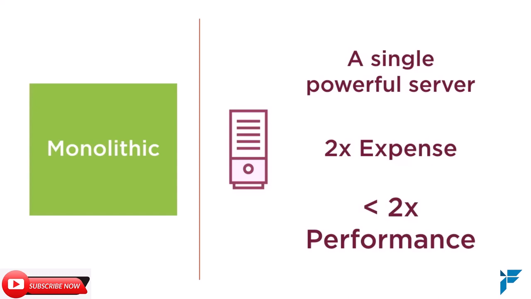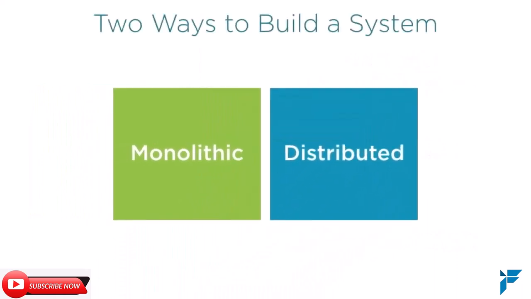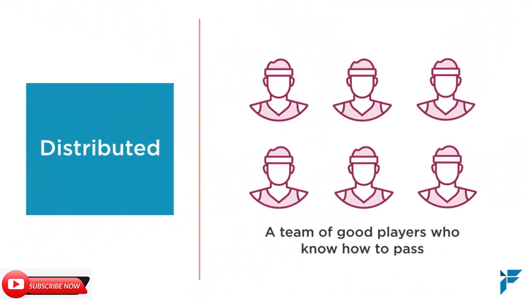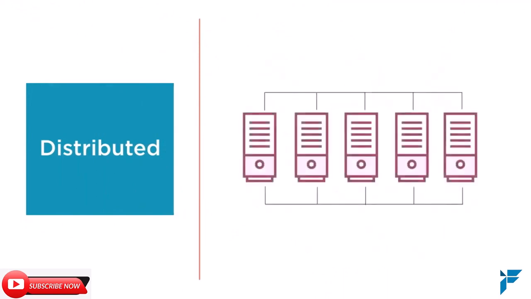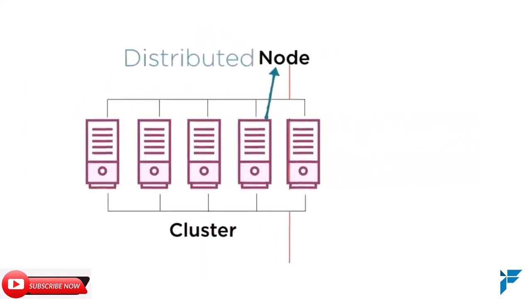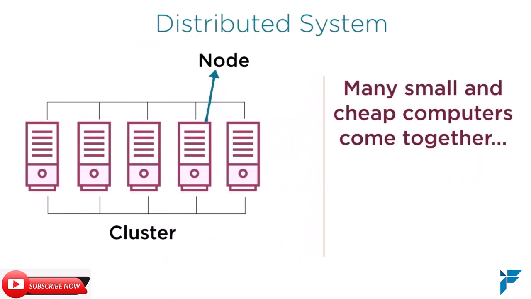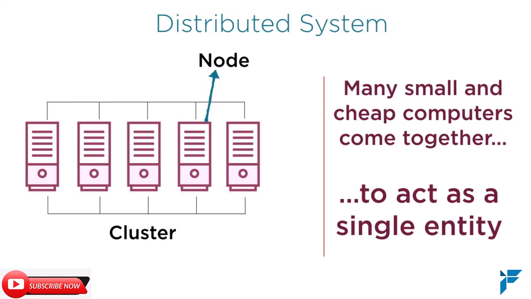On the other hand, if you look at a distributed system, the equivalent of a team of good players who know how to pass the ball and work together really well, here the onus of improving performance does not lie with one single machine. It lies with all the machines which work together. The players on this team, the individual machines, are called nodes, and the entire system is called a cluster. No individual node in this cluster of machines is a supercomputer. They all tend to be cheap machines or commodity hardware, but they come together as a team to solve your